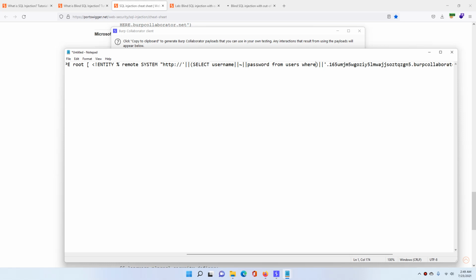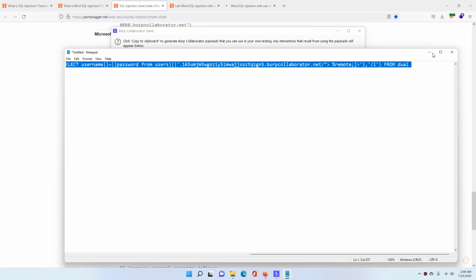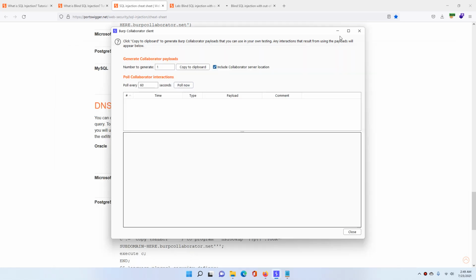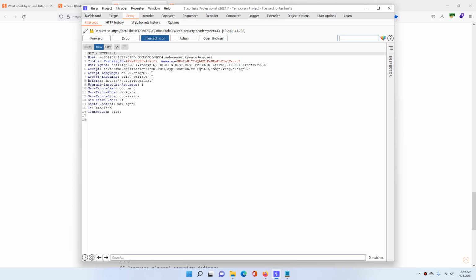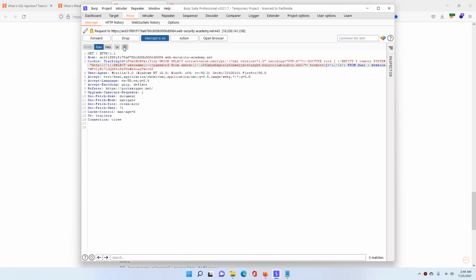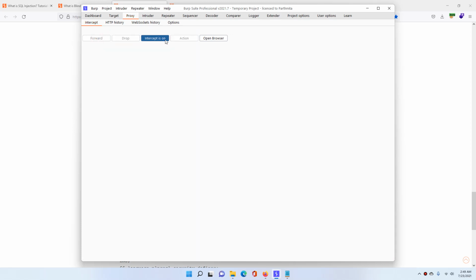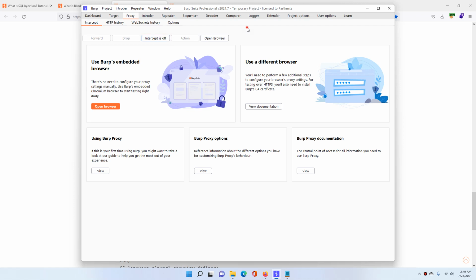All right, let's leave it at from users, and I'll copy the whole query. I'll go to this intercept and paste it, and send it. I'll click on forward and turn off the intercept.